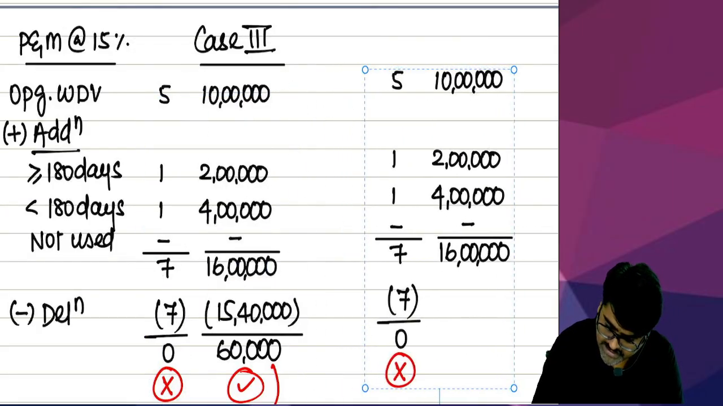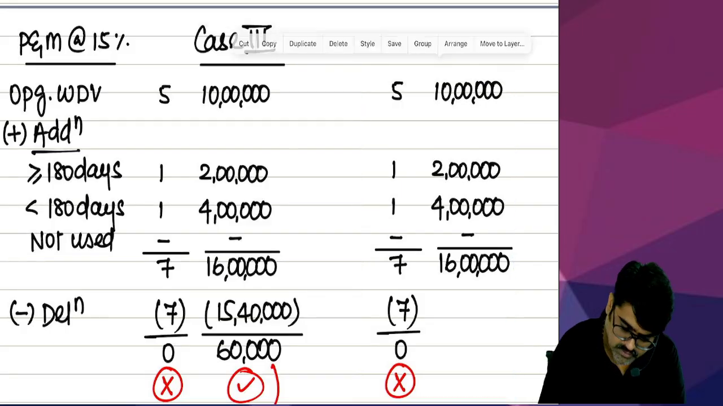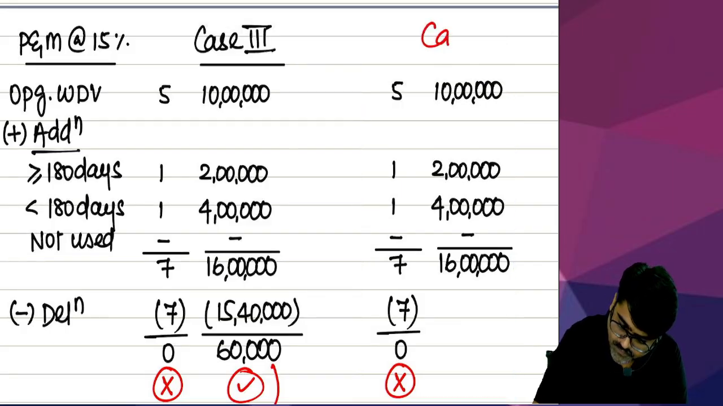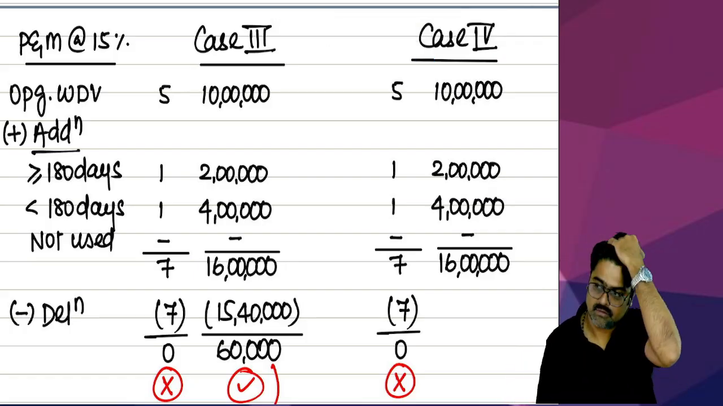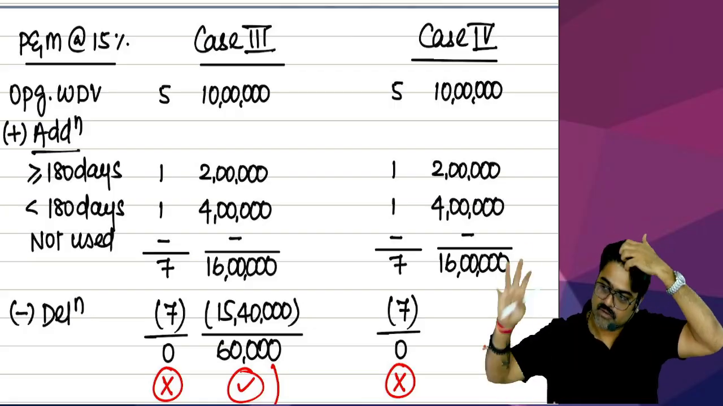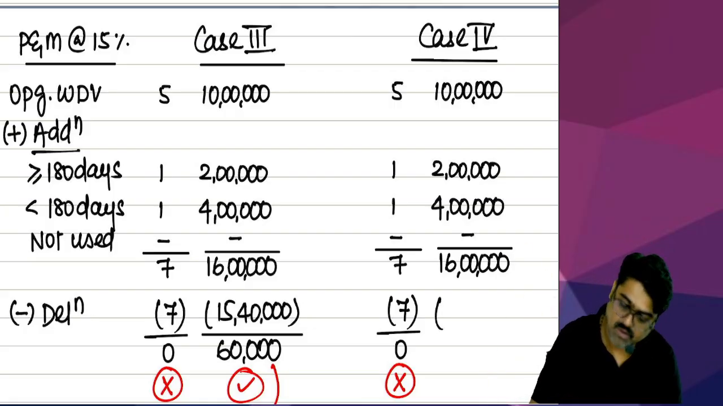So, now this is my case number 4. In case number 4, what am I doing? See, how many assets are there in the block? 7. What is the value of the block? 16 lakhs. All these 7 assets I am selling during the year, and by selling all the assets, I am recovering